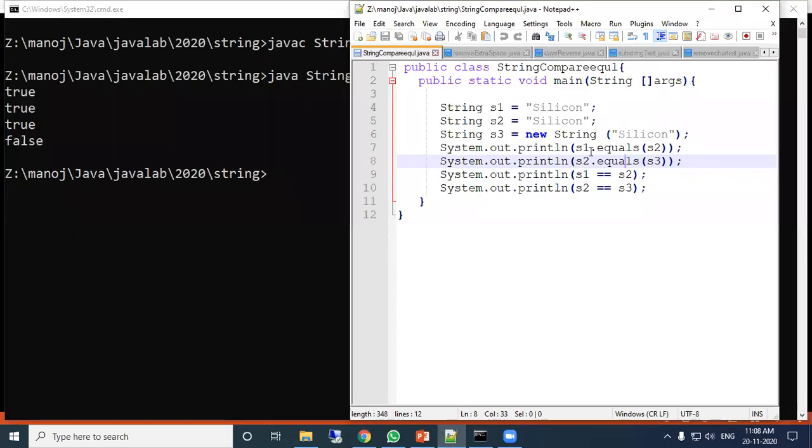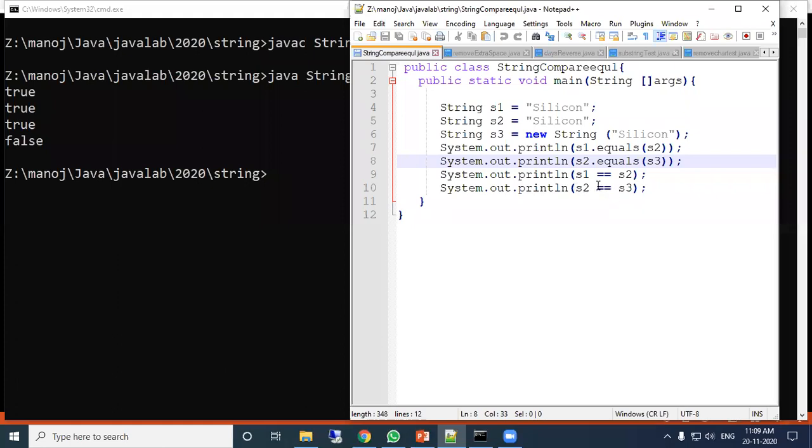Here true, here true, here true, but here false. When the equals method is used, it checks the equality between the values. But when the double equal to operator is used, only if both are referred to the same memory does it return true. Otherwise, it is false.